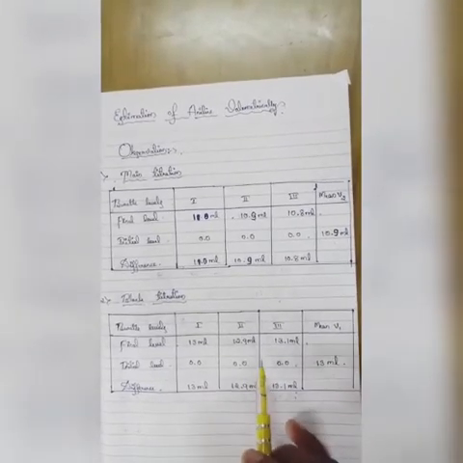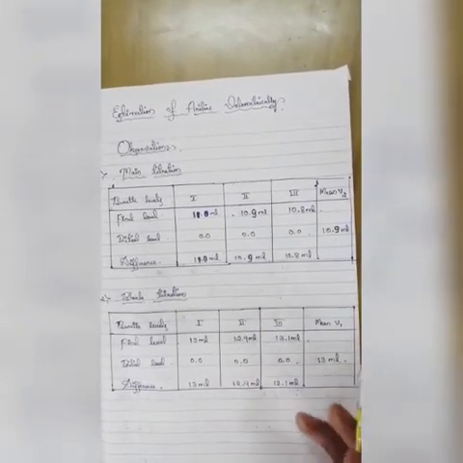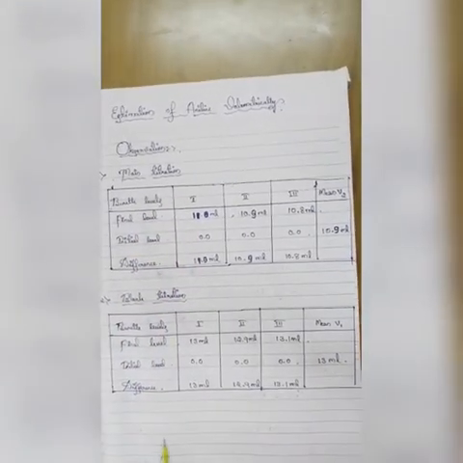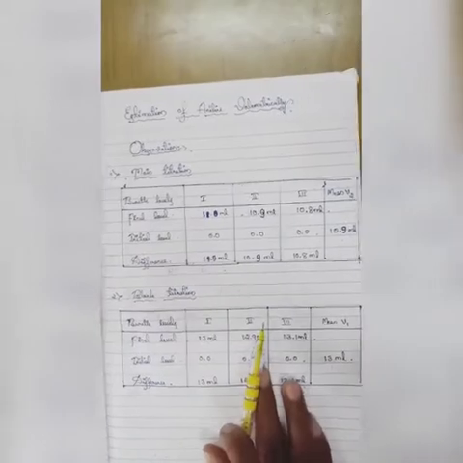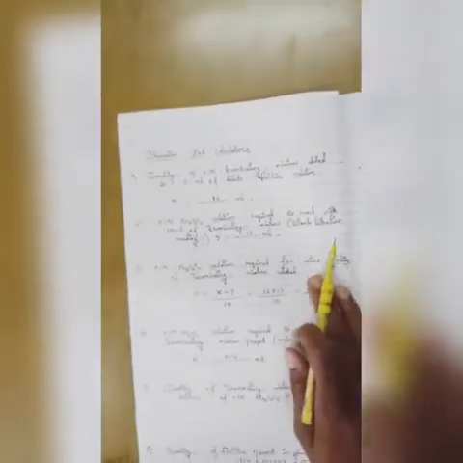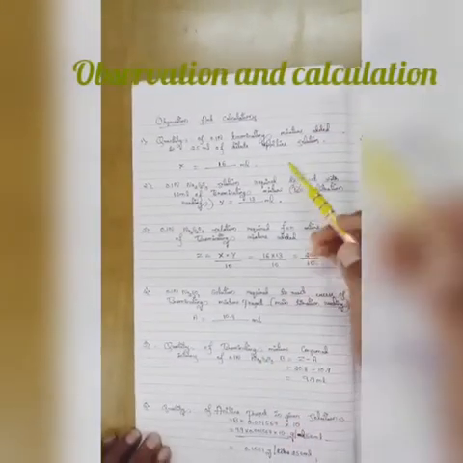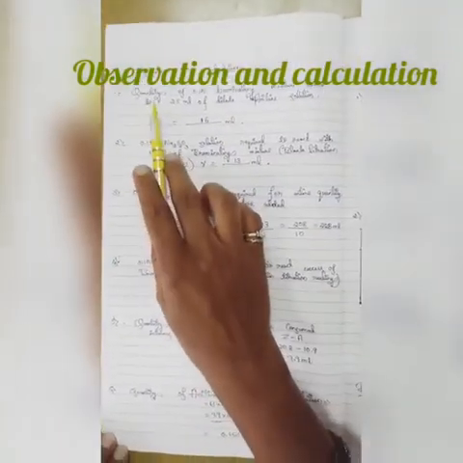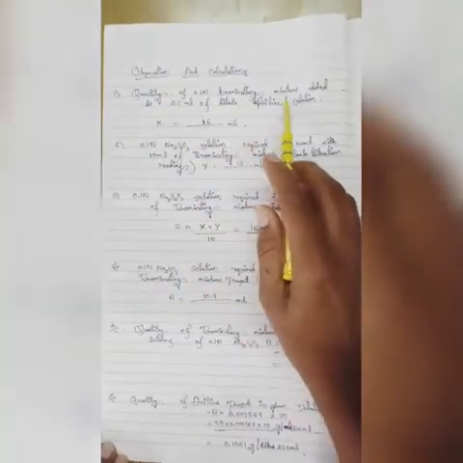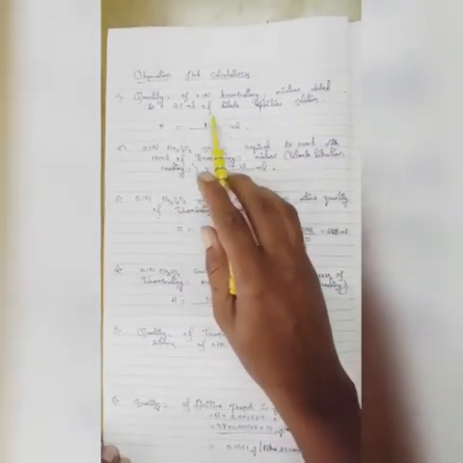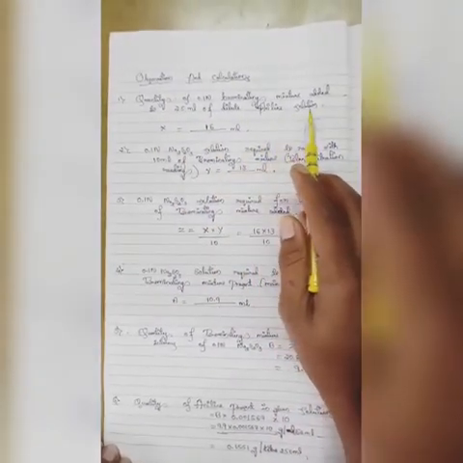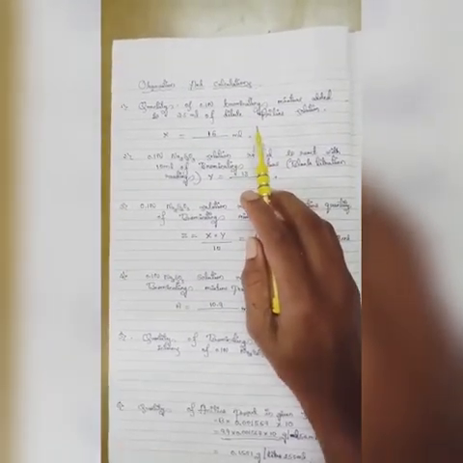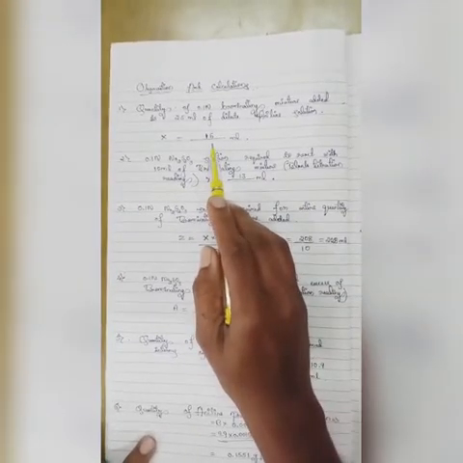For eliminating errors we take 3 concurrent readings in the main titration as well as the blank titration. From these readings we will go with the calculation of this experiment. The calculation part has 6 points. The first one is the quantity of 0.1 normality brominating mixture added to the 25 ml of the dilute aniline solution. This one we already noted in the experiment. During the experiment that value is 16 ml.